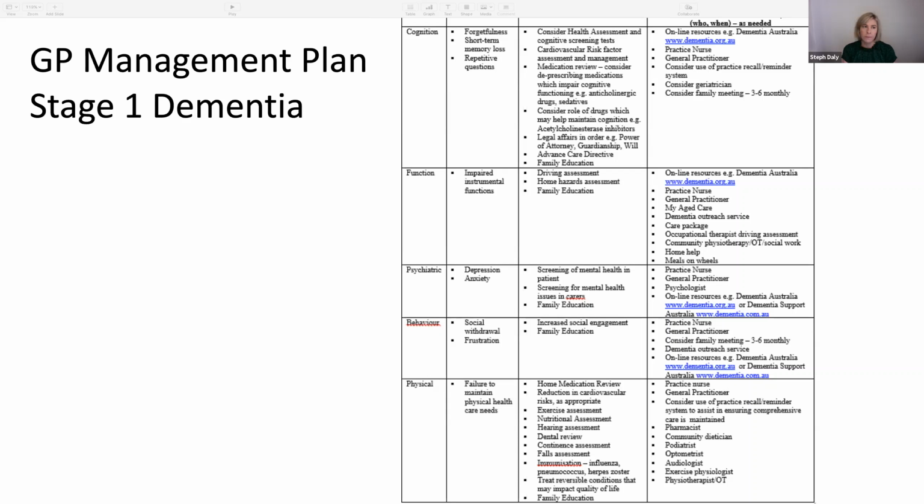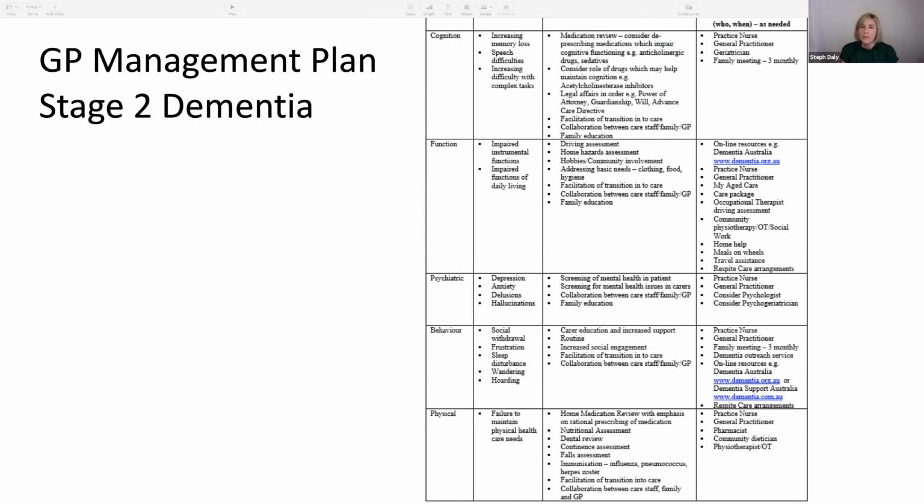So if we think about stage 2, again, things have progressed a little bit here, so perhaps things are becoming more difficult in terms of completing tasks. Perhaps people need to enact the power of attorney now, so patients might be struggling with going to the bank. They might find it difficult to do some of the processes they've been doing before. So again, having regular meetings with them and making sure that they know how to do this might be helpful.